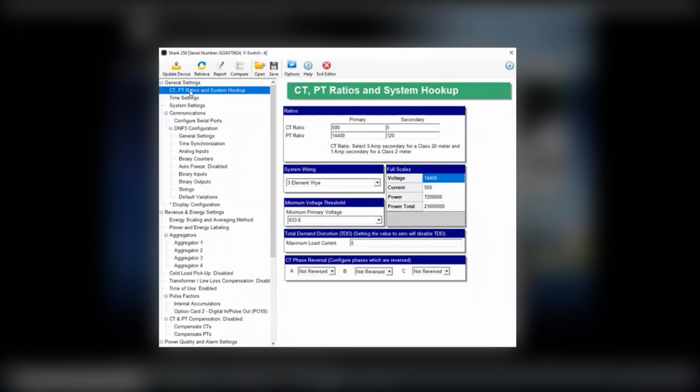So the CTPT configuration is very important. When you program the meter, you need to have firstly a one line or some kind of a diagram showing how the metering is going to be configured. You reference that to enter this information. You would pull that information. So in this particular case, from the drawing, I saw these are 500 to 5 CTs. It's 14 kV to 120 type PTs, and then you would determine if it's a line to line to